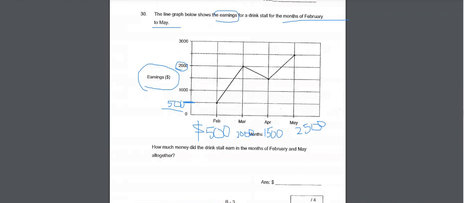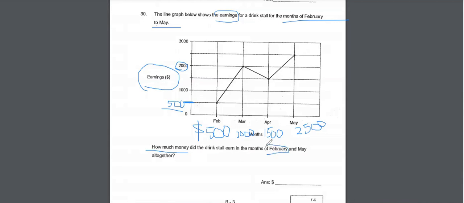Okay, so now let's look at it. In February, I have $500. In March, we have $2,000. In April, we have $1,500. And in May, we have $2,500. Okay, so this is the question: how much money did the drink store earn in the months of